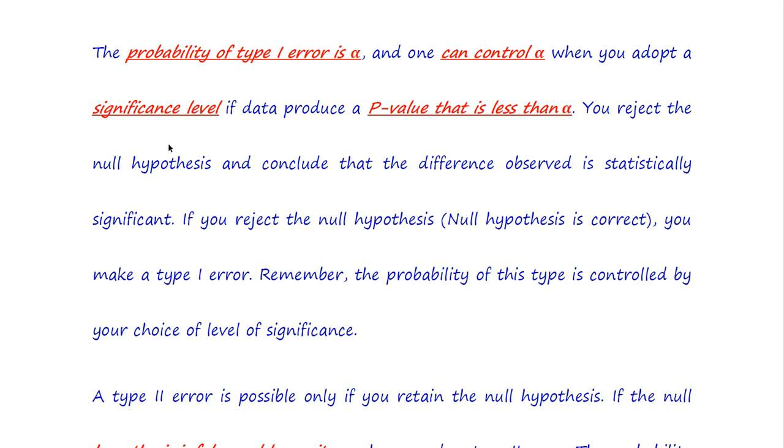Level of significance is also the type first error, and we can adjust type first error by fixing the level of significance. It may be 0.10, 0.05, 0.01. According to the situation, you fix type first error. And if your p-value is less than the fixed level of significance, then we reject our null hypothesis. If the value of p is greater than the assumed level of significance, we accept the null hypothesis.